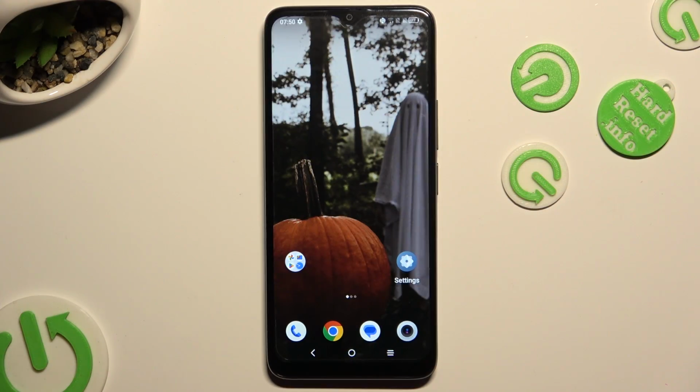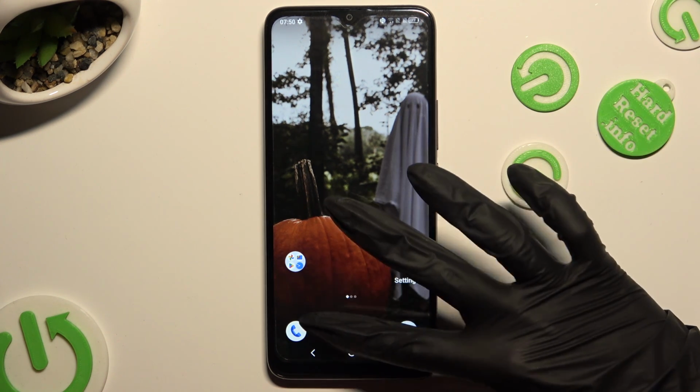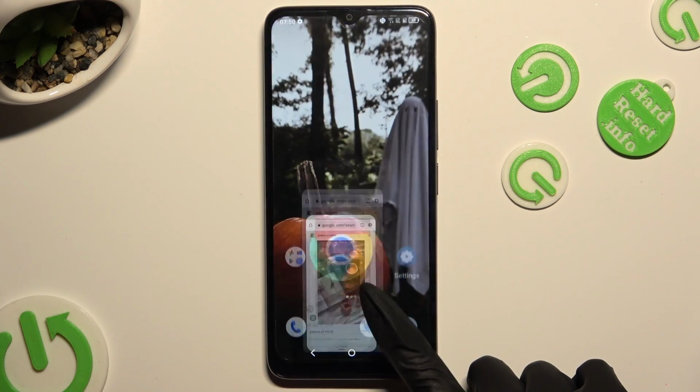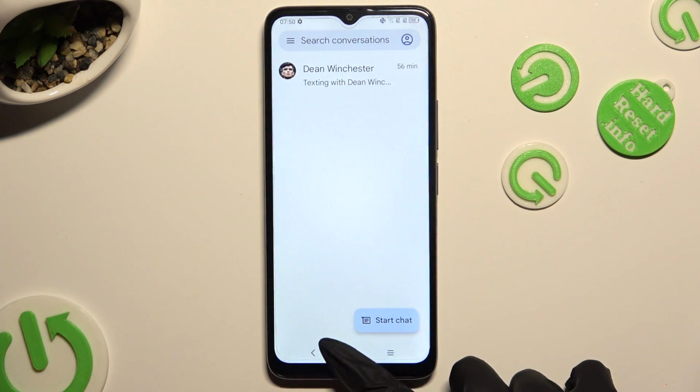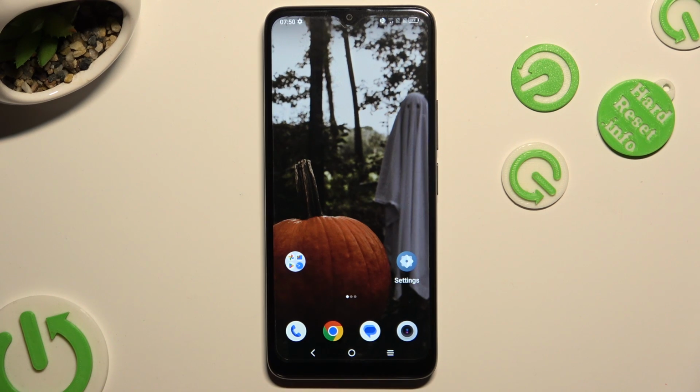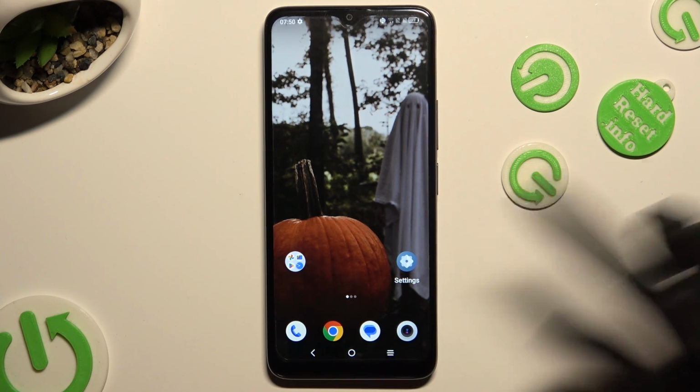First of all, open two of your apps that you wish to use in this view in the background. In my case, Chrome and Messages. When you finished, access background apps